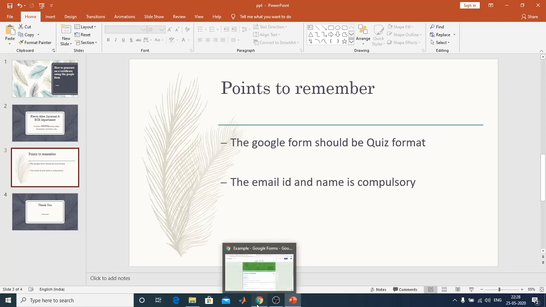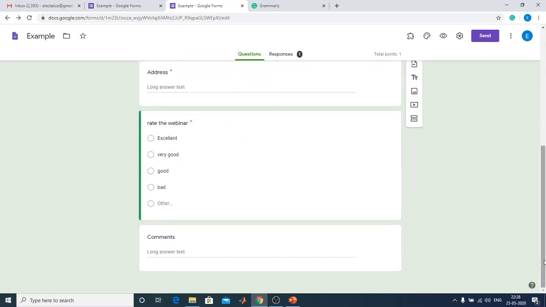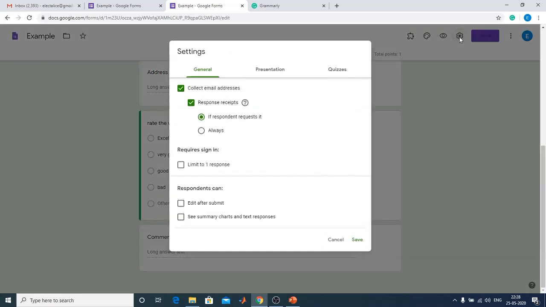For that, take your Google form. This is the Google form I have already generated, with the information of email address, full name, and rate the webinar. First, as I told you, it should be in quiz form. To make that, go to settings, and there is one column as quizzes.